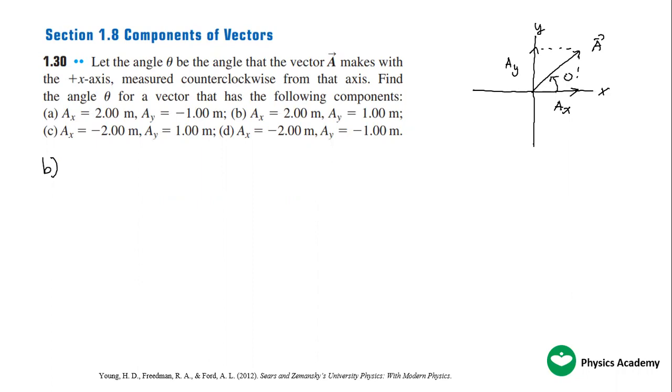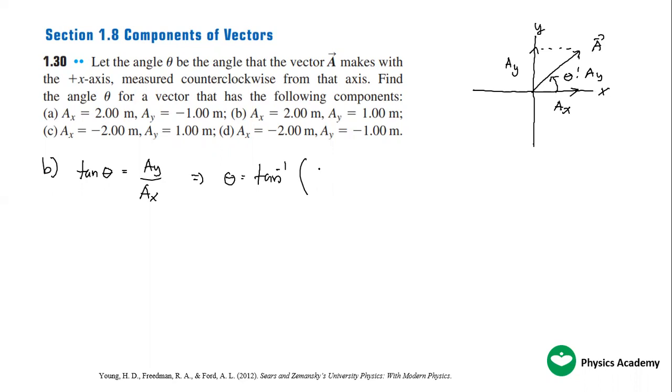We can find this angle theta from the positive x-axis using this formula. Tangent of theta is equal to the opposite, which is AY, over the adjacent, which is AX. So theta is equal to tangent to the negative 1